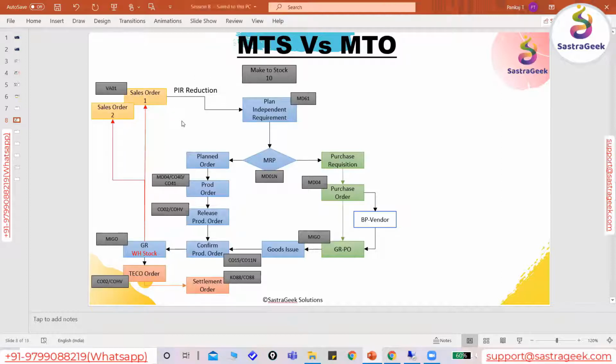Now, if I'm trying to find out the difference between make to order and make to stock, I'll put here make to order, the 20 number planning strategy. Okay, so what is the difference in that?